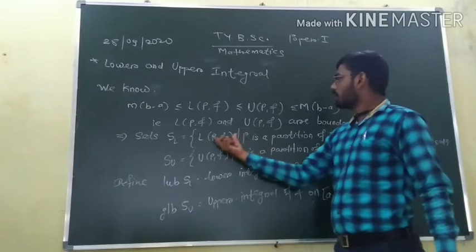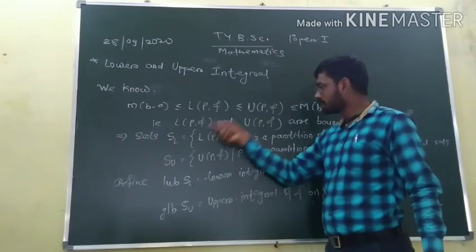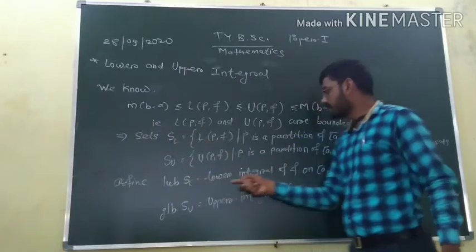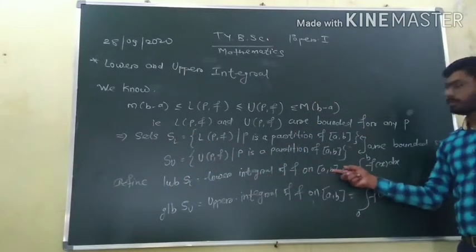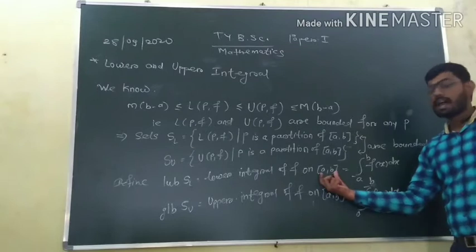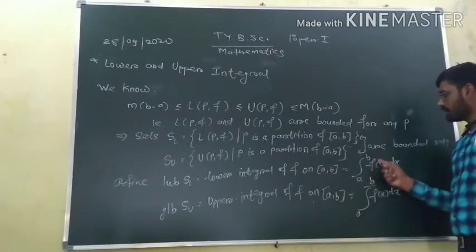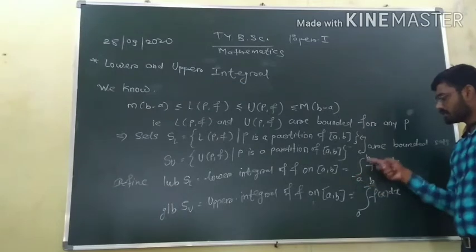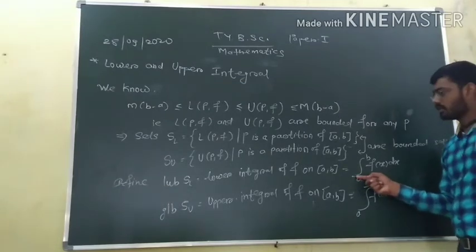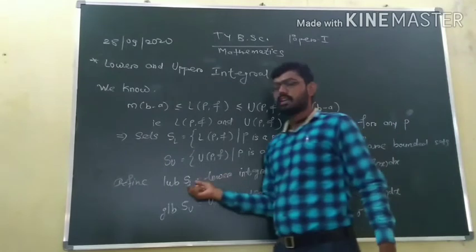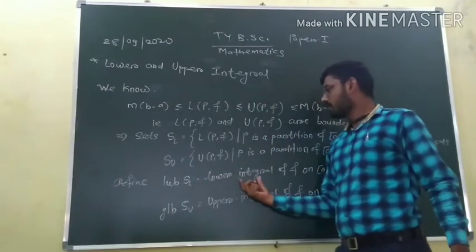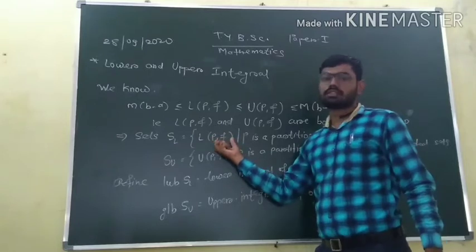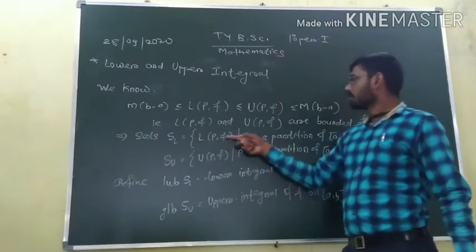And since the lower sums are bounded, this set is also bounded, and the least upper bound of this set is called the lower integral of f on the interval [a, b], and denoted as the integral of f of x dx from a to b, and we write a dash at the lower end. So what is the lower integral? It is nothing but the least upper bound of the set of all lower sums for the function f with